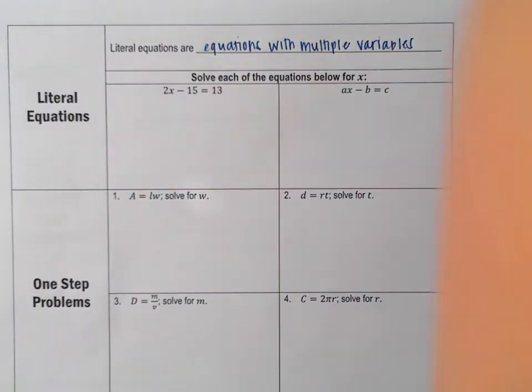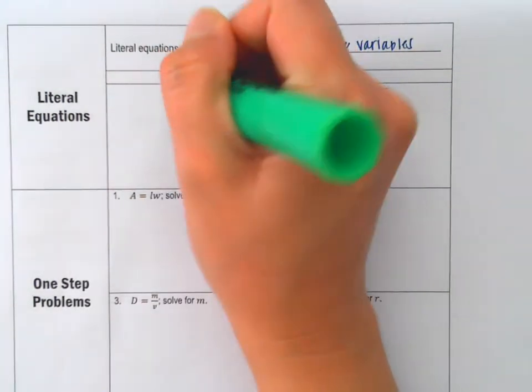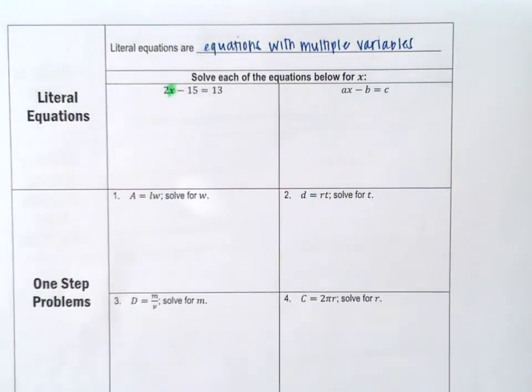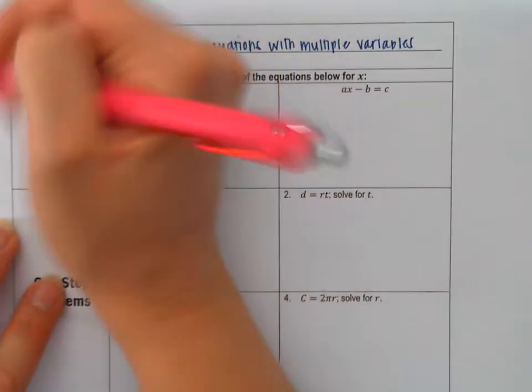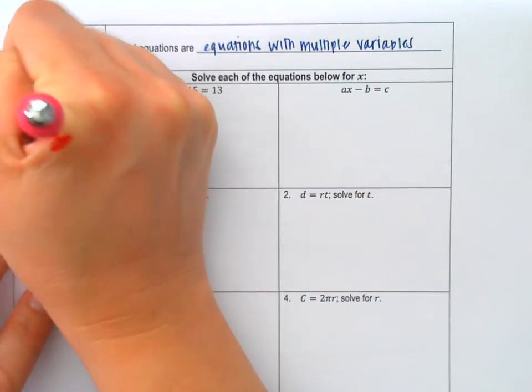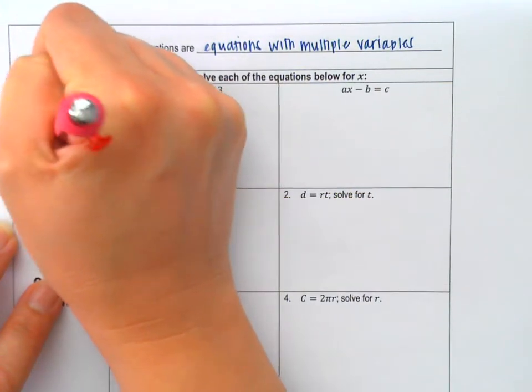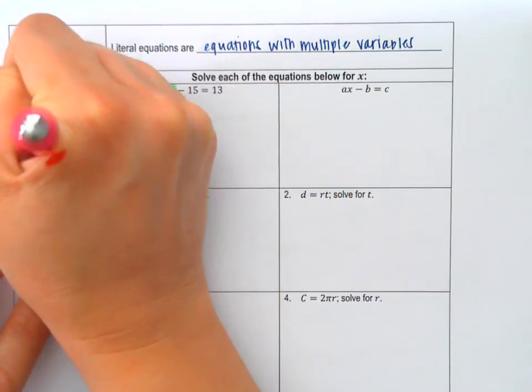Whenever we are solving an equation for a specific variable, in this case solving the equations below for x, the first thing you want to undo is addition or subtraction. Remember, it's going in the opposite direction of PEMDAS. The first thing you undo is the last thing you do in order of operations. So let's write ourselves a reminder: undo addition and subtraction